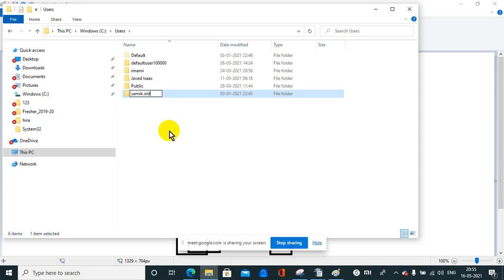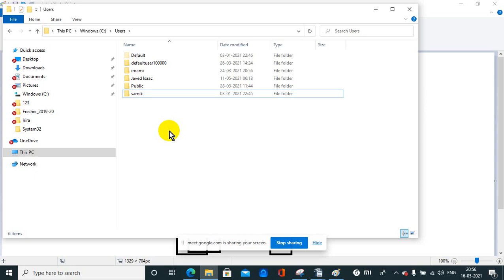Sir, I have a question. If the user profile will be created in the file server, then what is the responsibility of AD? There is nothing from the AD side. It's your responsibility to manage the user profile.